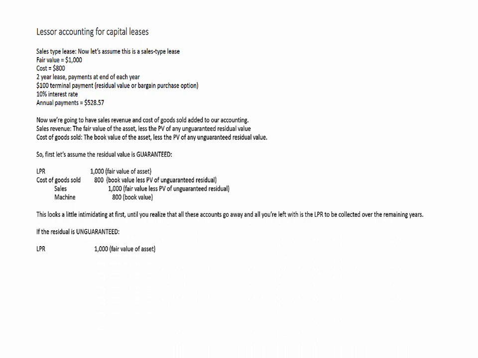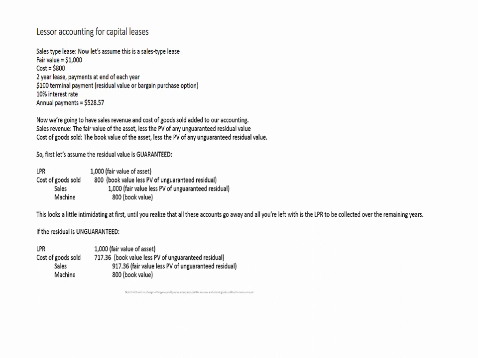Now, if the residual value is unguaranteed, what we're going to do is, again, we record the receivable at the fair value of the asset. We take the machine off the balance sheet at its book value, but we're going to reduce both sales and cost of goods sold by the present value of that unguaranteed residual,